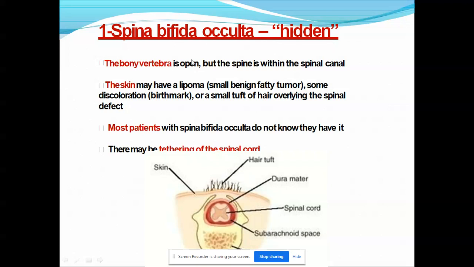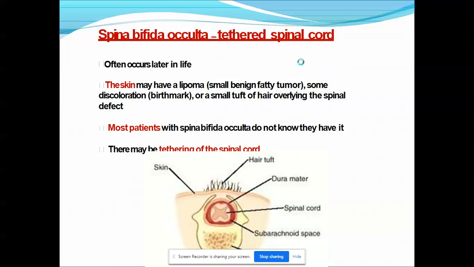So spina bifida occulta is inside the skin. Sometimes it is problematic for us to identify because the defect is inside the spinal canal, inside the body of the patient, not outside. So we cannot clearly diagnose it. Okay. The only visible finding which we can see on observation is a hair tuft on the lumbar region. So that is why it is called the hidden type. Spina bifida occulta is called the hidden type.